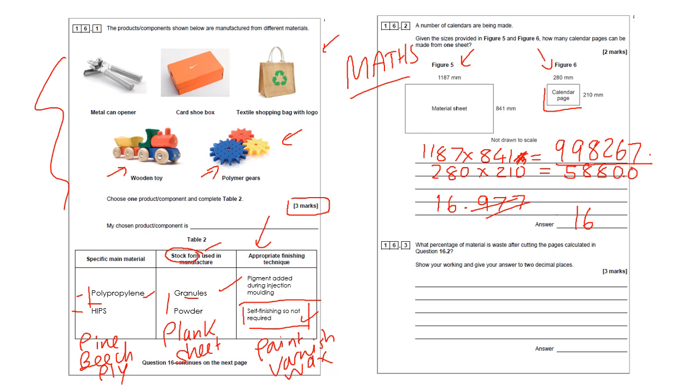Now, the second part of the question is asking you, what percentage of material is waste after cutting the pages? So show your working, and look, here we go. You would lose marks if you don't pay attention to this. It wants it to 2 decimal places. So the first thing we are going to do is work out basically how much 16 times this amount is. So 16 times 58800 is